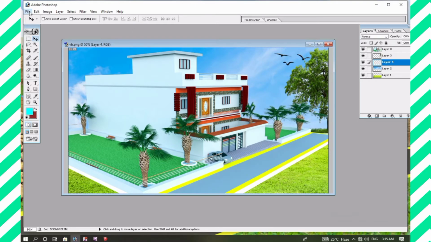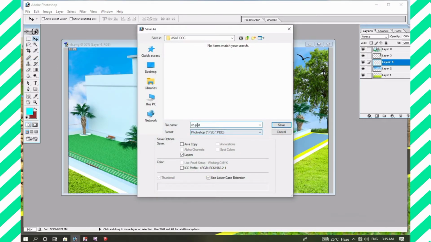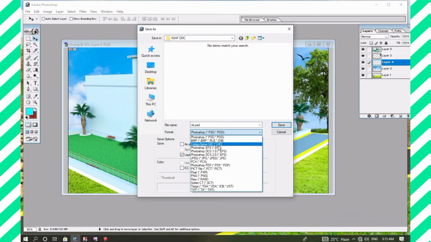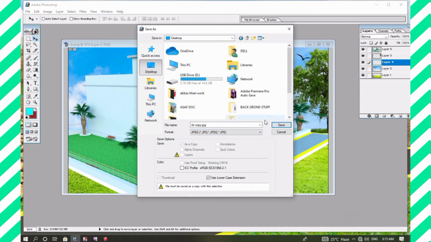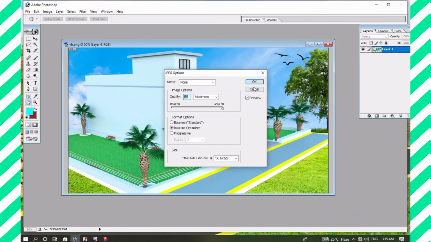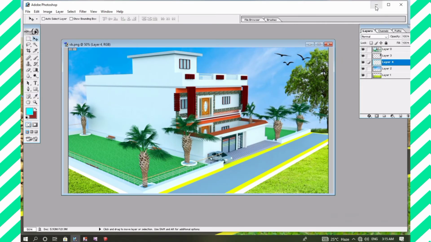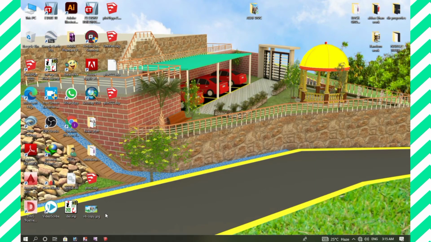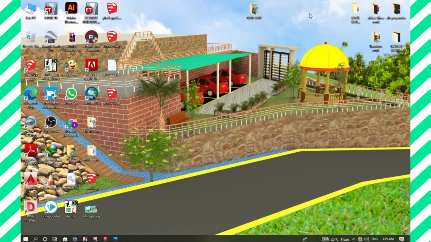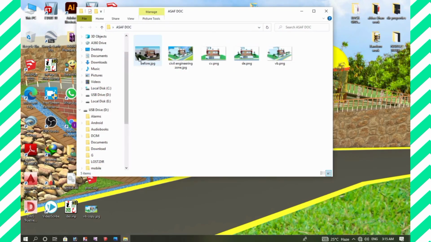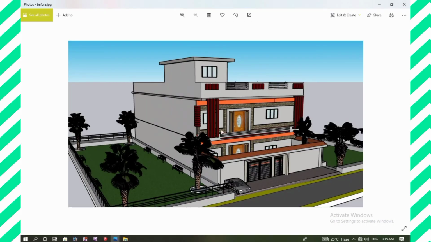Now I want to save my file from here. For the save option I have two different choices. The first one is the file name, and the second one is the format. So I will select the file name and then the format. After saving this, I will check this one. So this is okay. Dear friends, this is our today's topic, how to change the background for an image.